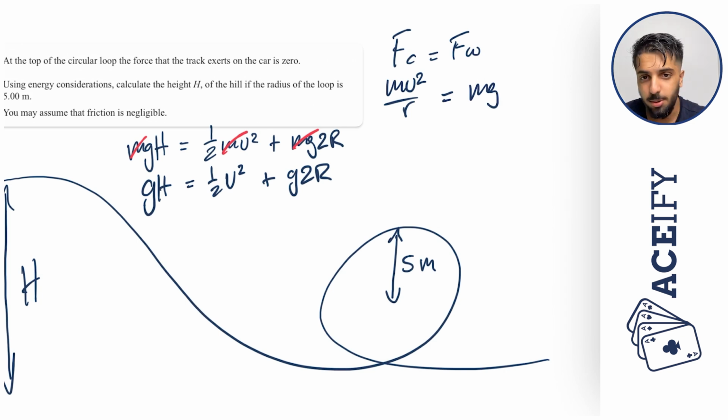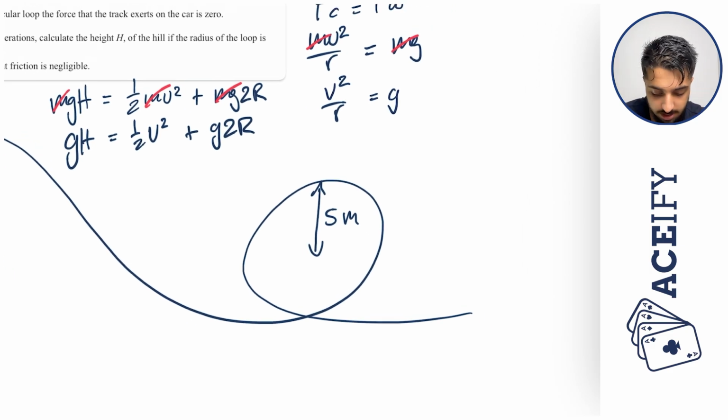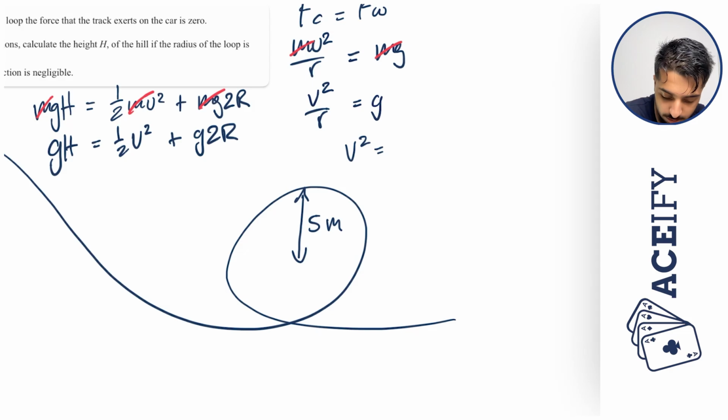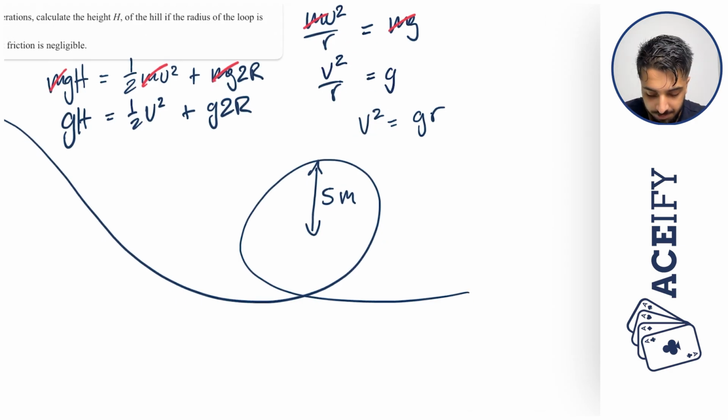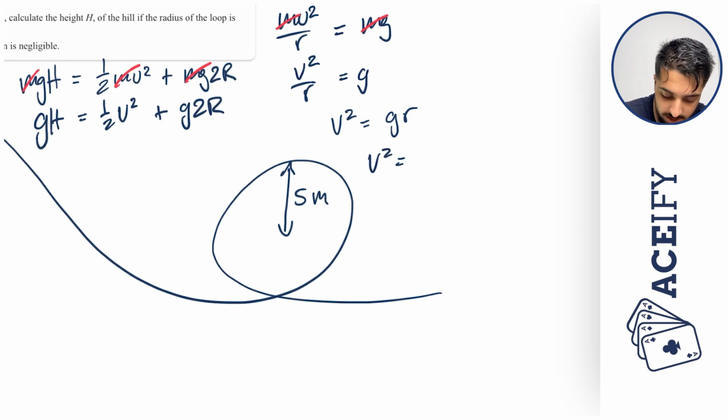Again, because we have masses on both sides, we can divide by mass on both sides, and this cancels out, and we get v squared over r is equal to g. And therefore, v squared is equal to gr. Now, usually I would square root both sides. However, in this case, we just want v squared, and we already have v squared, so there's no need to square root both sides. And so, therefore, v squared is equal to 9.81 times r, which is just our radius, and so that's times by 5. And therefore, v squared is